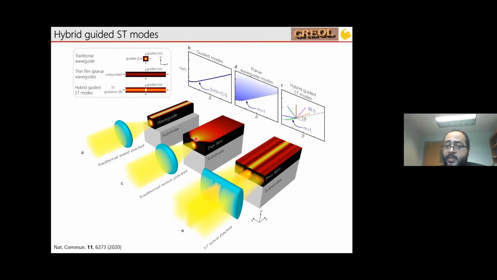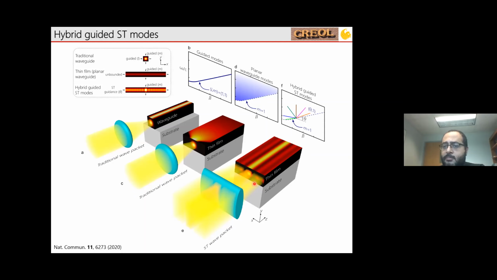Unfortunately, in a planar waveguide, although light is confined along this dimension by some guidance mechanism, index guiding, photonic crystal guiding, something like that, it will diffract in the unconstrained direction, horizontal direction here. And that you can see clearly from the dispersion relationship that it's not a one-dimensional function, instead it's some two-dimensional patch. What we published, I think, in December last year in Nature Communications, is the first